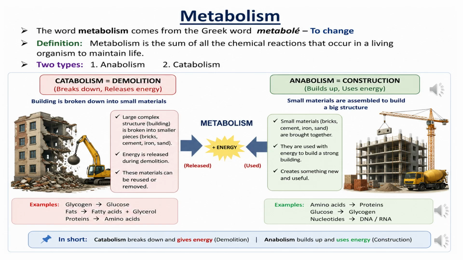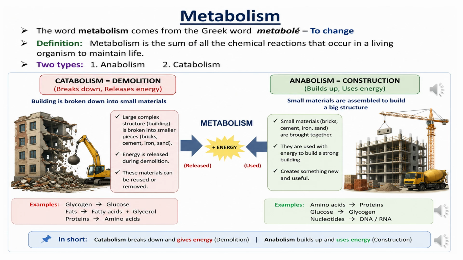Now, let's understand one of the most important concepts in biochemistry: metabolism. The word metabolism comes from the Greek word metabole, which means to change. In living organisms, metabolism refers to all the chemical changes that occur inside our cells to keep us alive. Definition: metabolism is the sum of all the chemical reactions that occur in a living organism to maintain life. These reactions help the body produce energy, grow, repair tissues, and perform all essential functions. Metabolism is divided into two major processes: